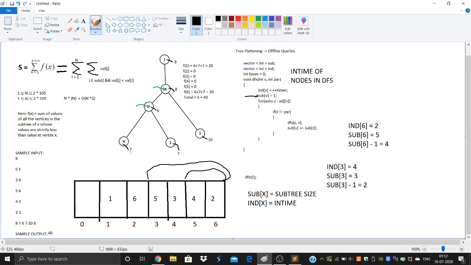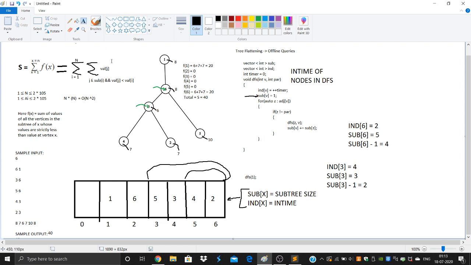So now we have this structure. Somehow we have represented the entire tree using this representation that we can achieve from these two values. We perform a DFS to store these two values for each vertex, and from that we can easily get this. And once we construct this array, we can find out all the ranges for L comma R.